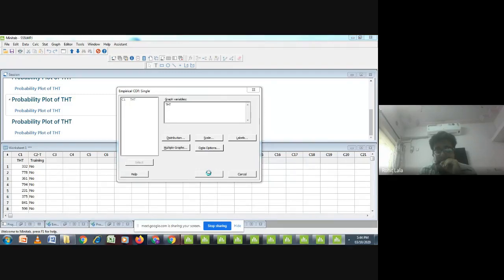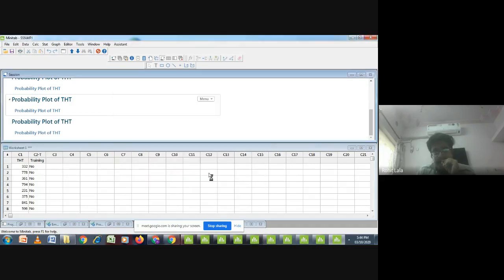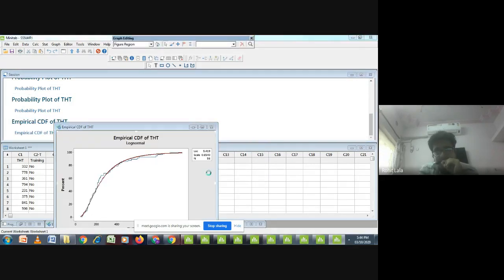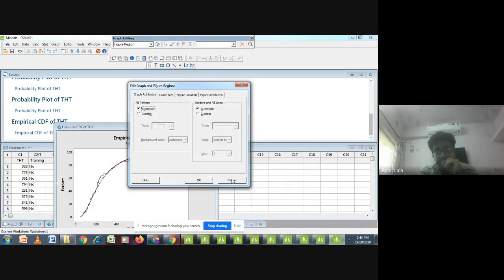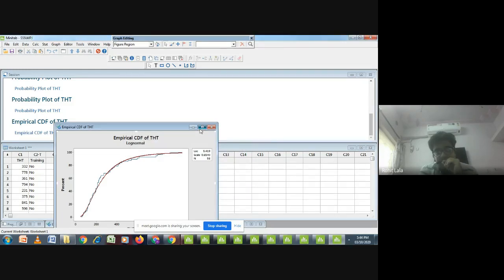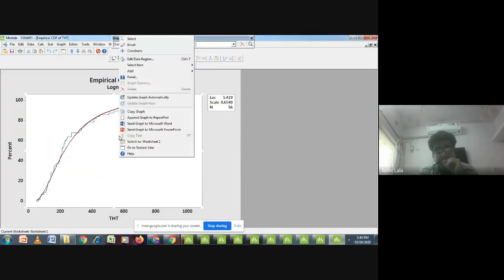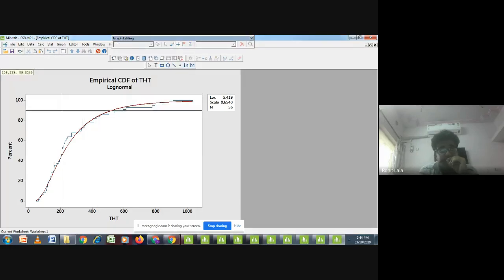So in this data set, it is throughput time which has been given. I just wanted to predict my data set on the basis of it. So see here the screen comes near this. Here it represents, at 60% of the data, what would be the output?